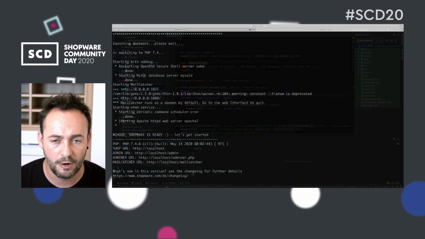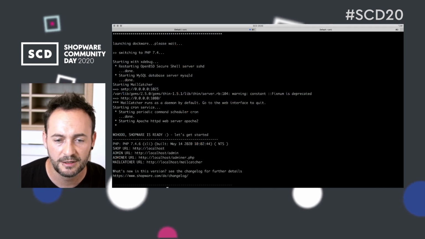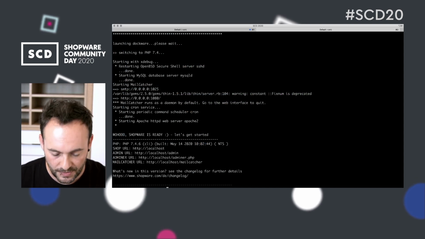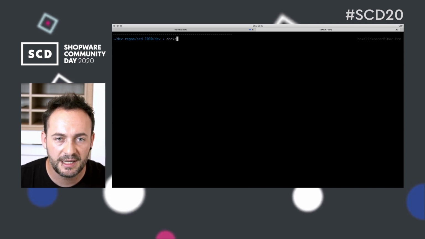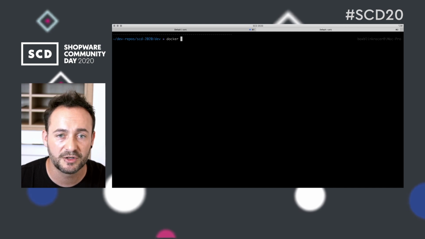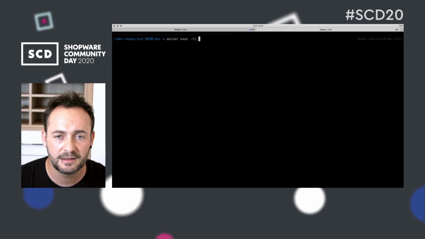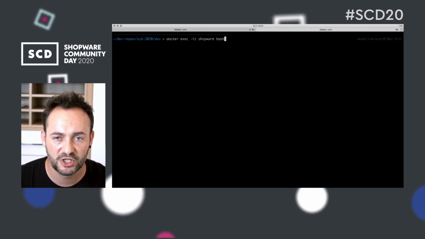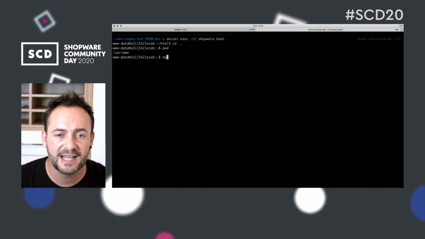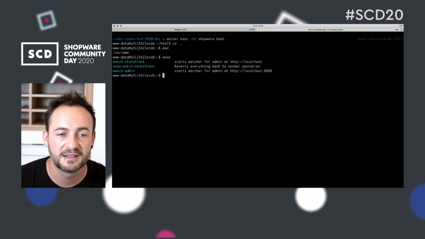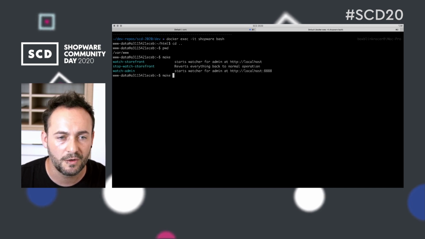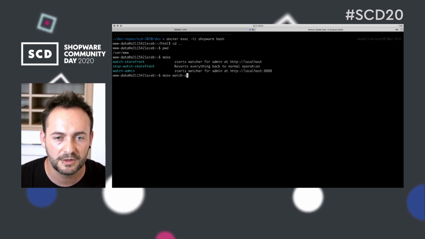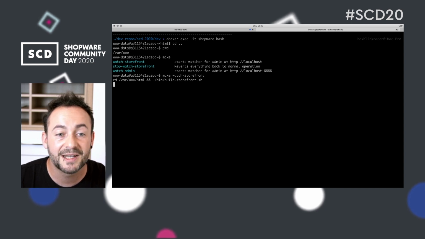And we head over to our terminal to see the watchers. So first thing is we connect into our container, which is docker exec interactive, then the name of our container and bash. And then go to this directory, which has a makefile for you guys. So while I just start the storefront watcher with make watch-storefront, I'll tell you what is happening at the